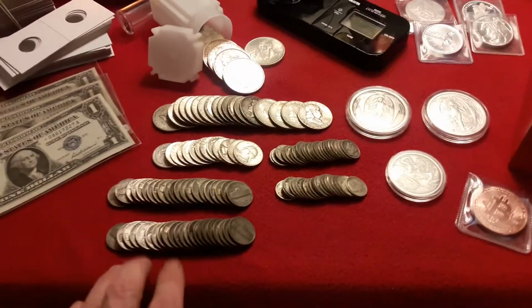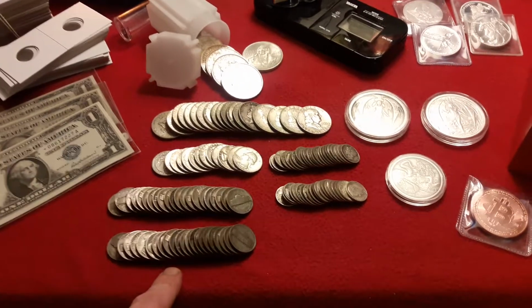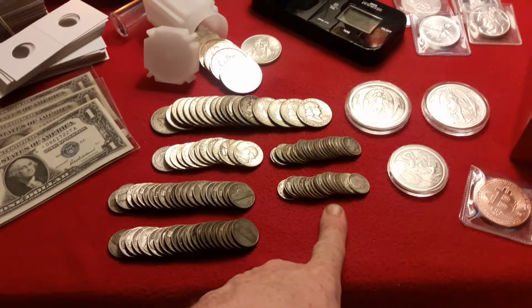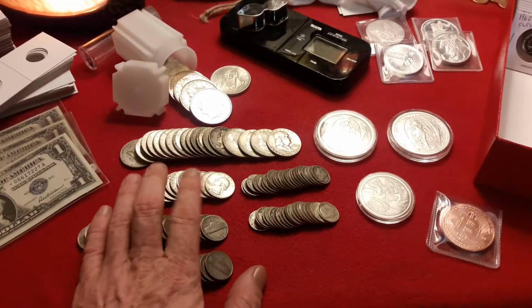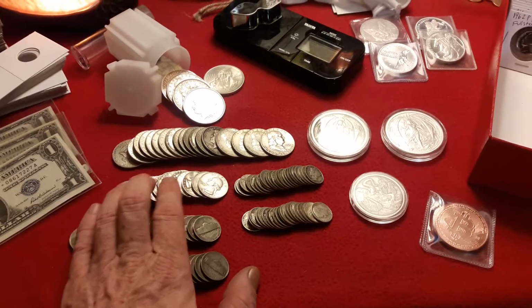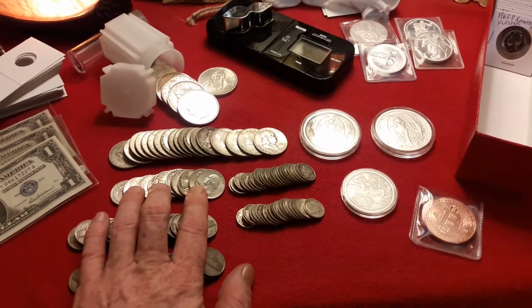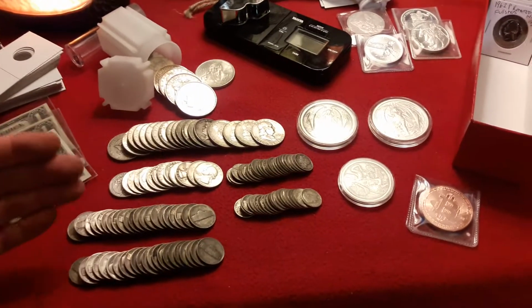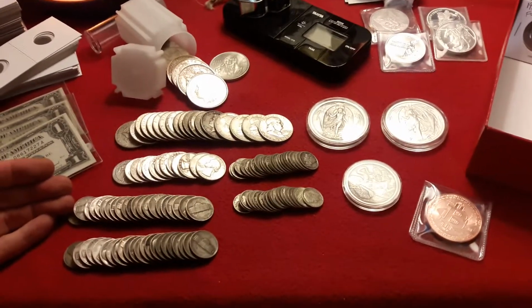To give you an idea, the majority of war nickels you see here, I've actually found while coin roll hunting. A good amount of these silver dimes, it's the same thing. I've done a lot of coin roll hunting. The silver quarters, not so much. You don't find very many silver quarters, but I've been lucky and I've gotten some good deals on buying some quarters recently. So I try to make sure that I have different denominations, because part of coin collecting and stacking